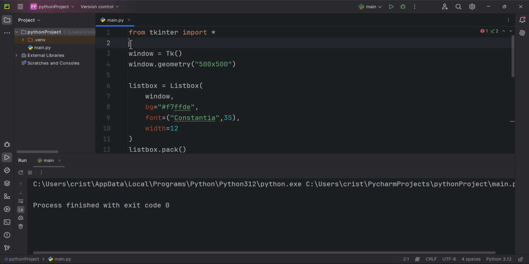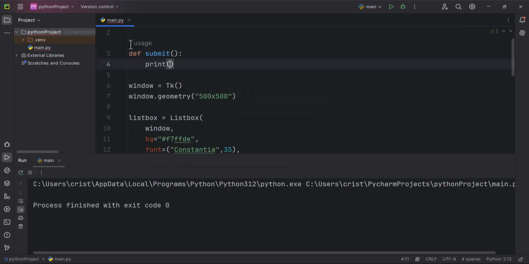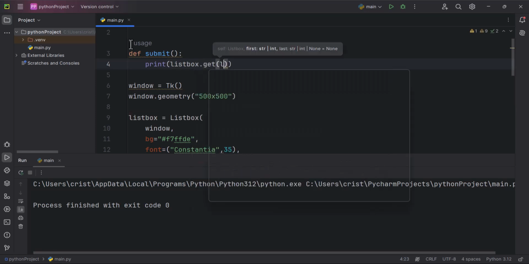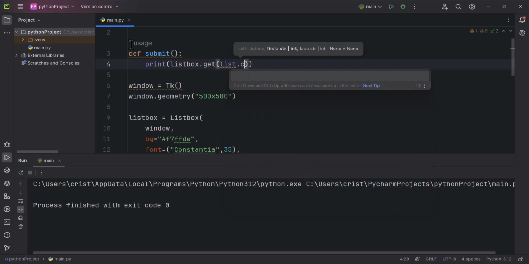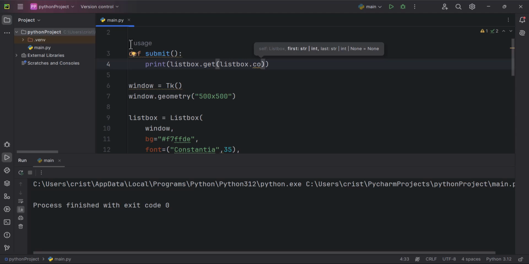Let's create that function. I'm gonna go up here and I'll type def submit, and it's gonna say print. So I'm gonna type here listbox.get, again listbox.curselection, and that is gonna give us the element that is selected. So listbox should be .curselection. So listbox.curselection. Now if I run this,